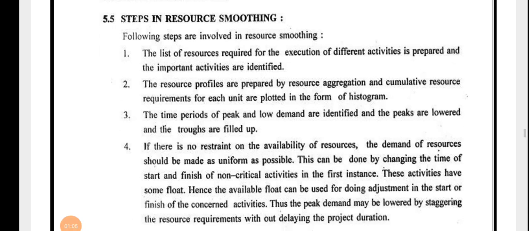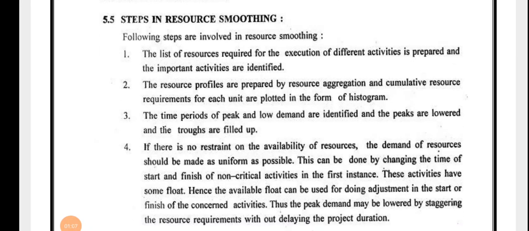Now, steps in resource smoothing. First, the list of resources required for the execution of different activities is prepared and the important activities are identified. The resource profiles are prepared by resource aggregation and the cumulative resource requirement for each unit is plotted in the form of a histogram. The time periods of peak and low demand are identified and the peaks are lowered and the troughs